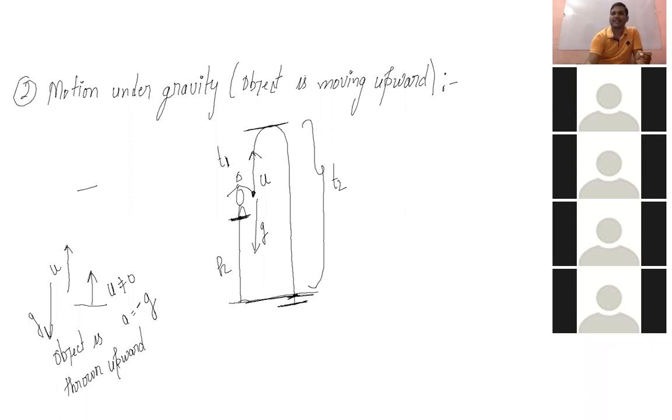The acceleration will become equal to the acceleration due to gravity. But we are talking about how we can solve this directly. So this question can be solved like this. You can see the displacement is 0 with respect to the ground.